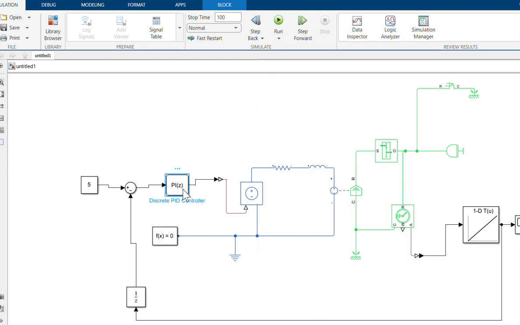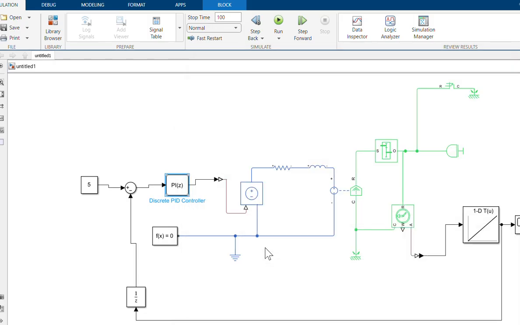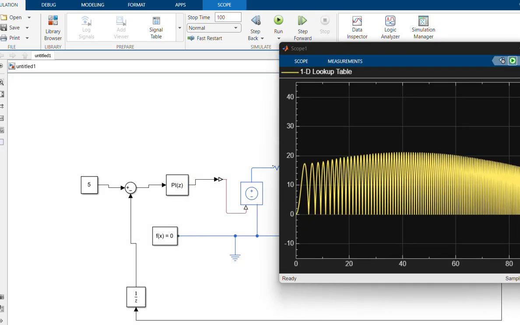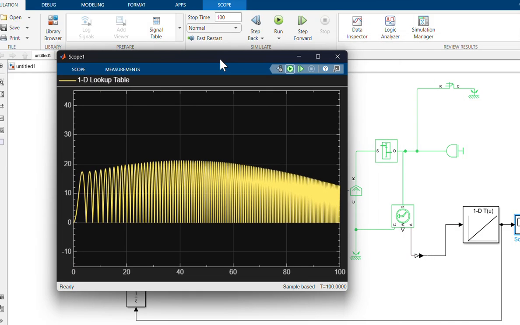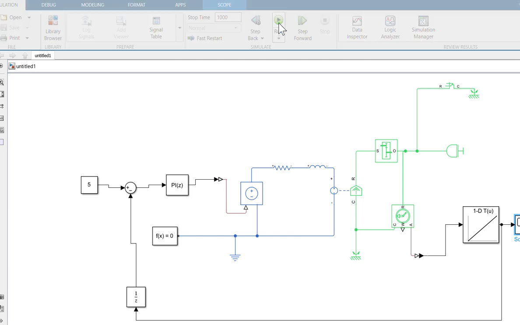Maybe integral again, 0.85. Run again, and then scope. It goes down again. I think it's 1000. Yes, and run.